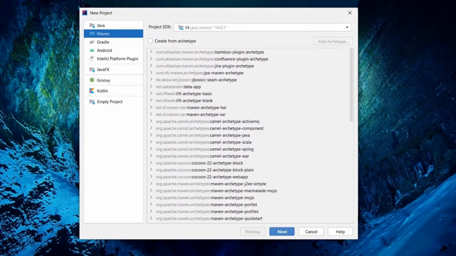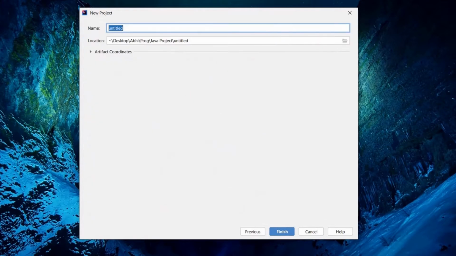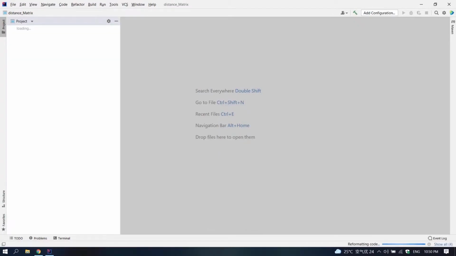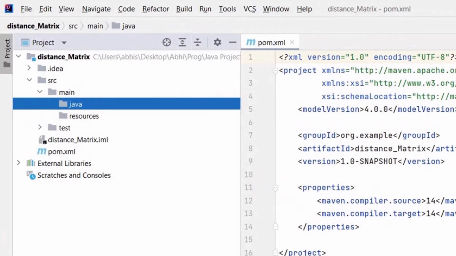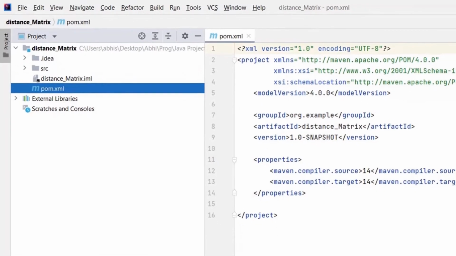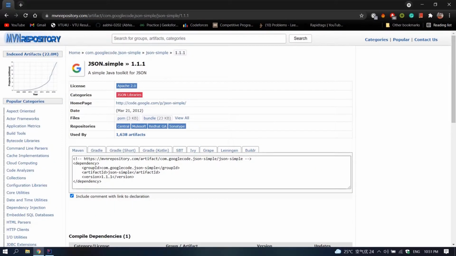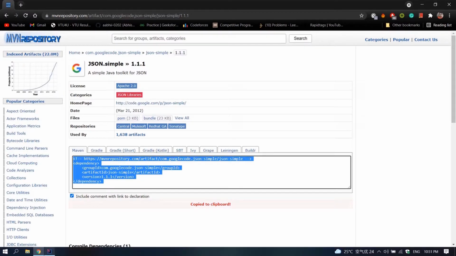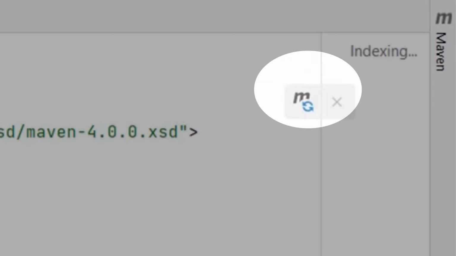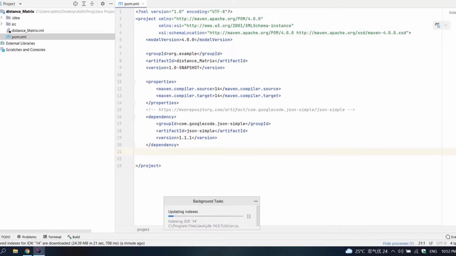We will start by making a Java Maven project. We will name it distance matrix. So in the pom.xml, we will paste our dependency, that json.simple dependency, and then we will click on this button and it will download all the resources.